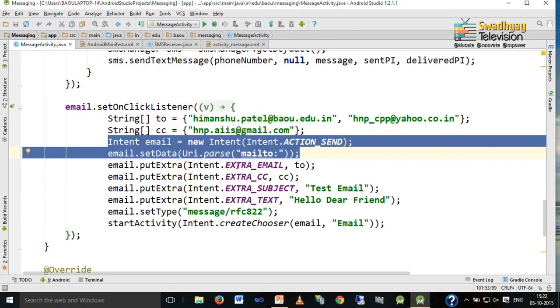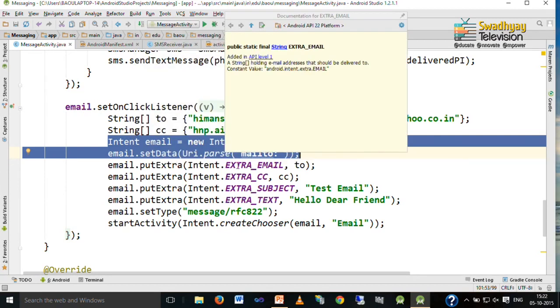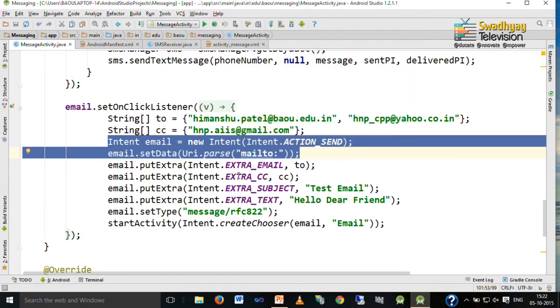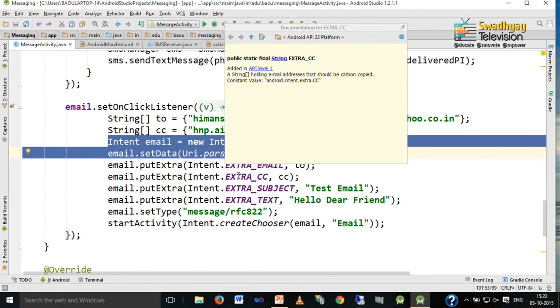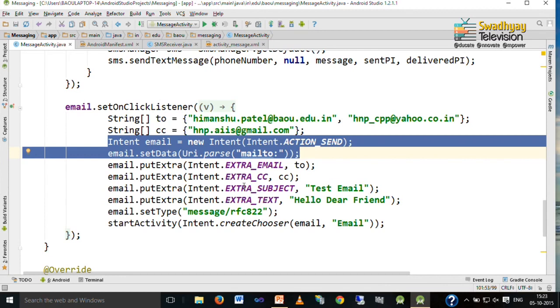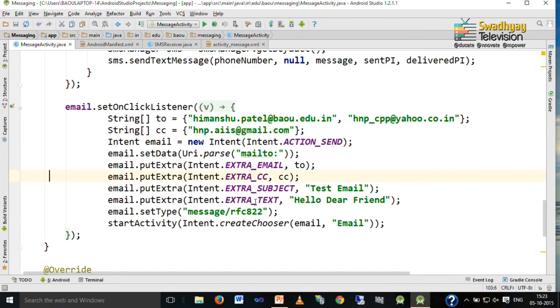Next, we have to specify this extra email, which is a string which specifies whom to send the email to. EXTRA_CC specifies to whom the carbon copy is sent, and in subject you have to specify the subject line of your email, and in text you have to specify your message body.